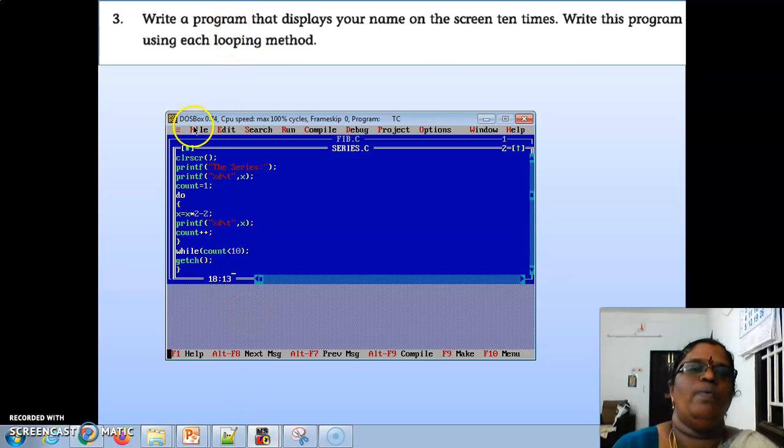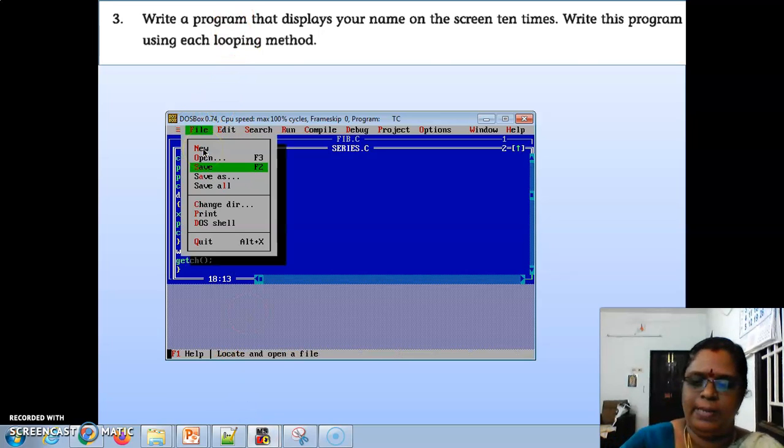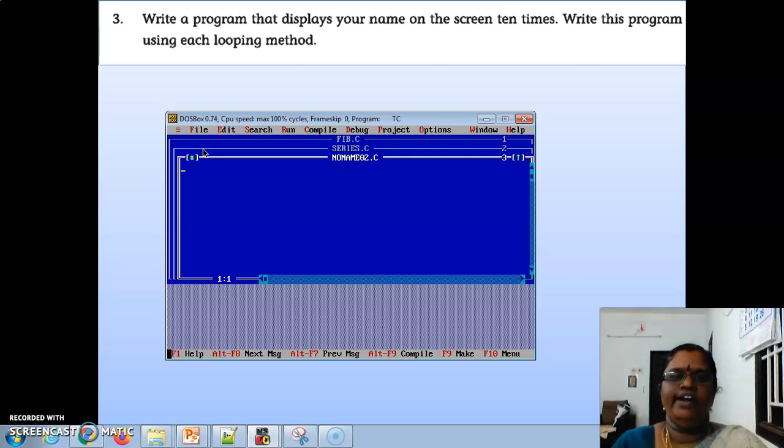Now we are going to have a new file. So we are going to display our name 10 times using the do while loop now.